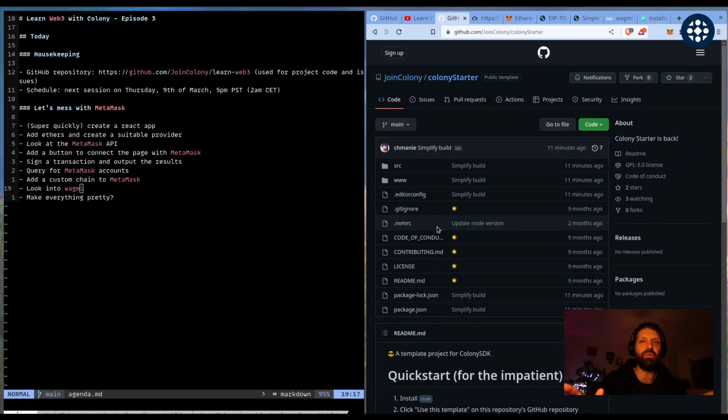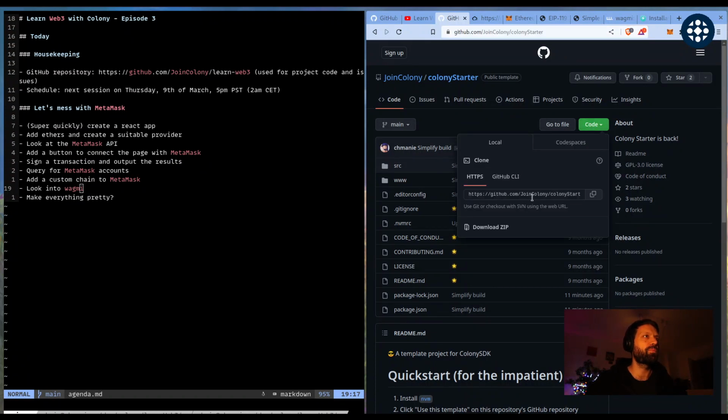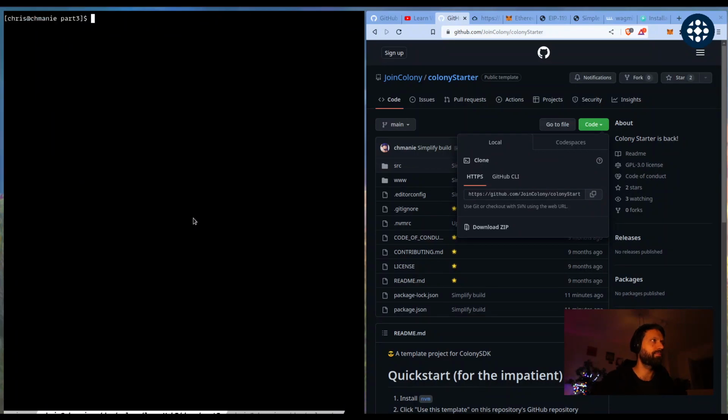There's nothing really there. It's just ESBuild with some commands, and I think ethers is in there, and probably Colony SDK, which we are going to remove because we don't need it today. But there's basically nothing in here, so we just clone this into our repository here, Colony starter git, and we're just going to call it